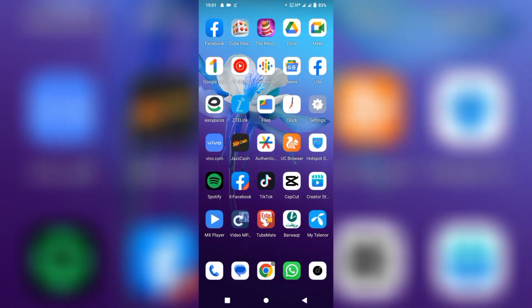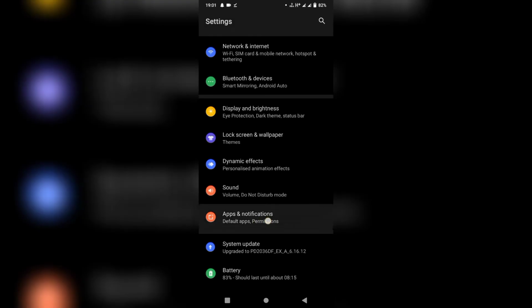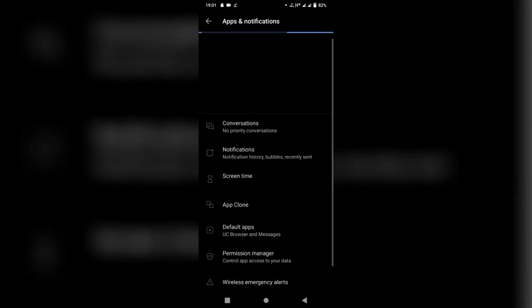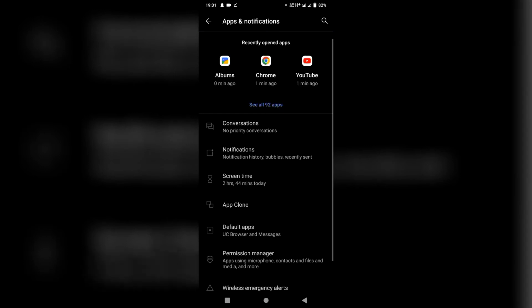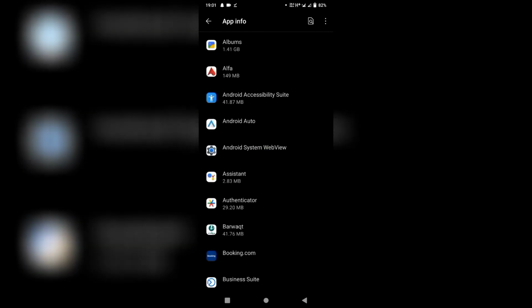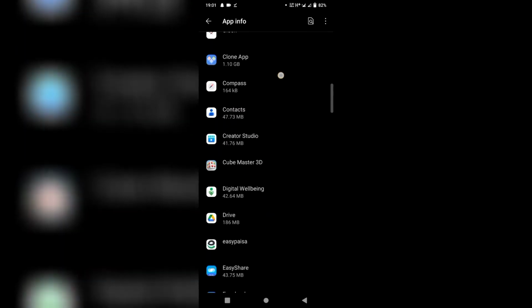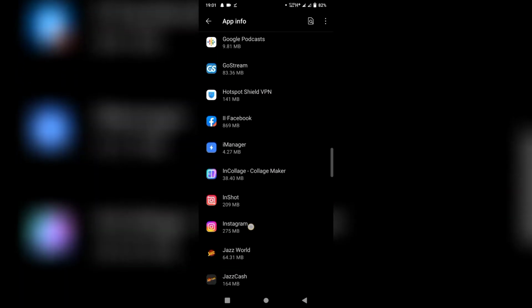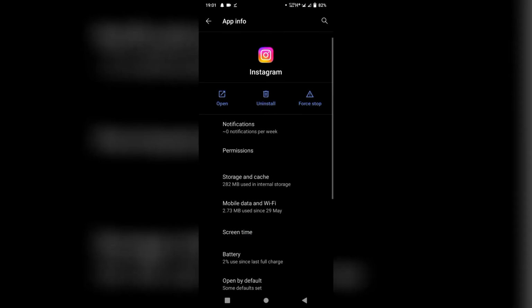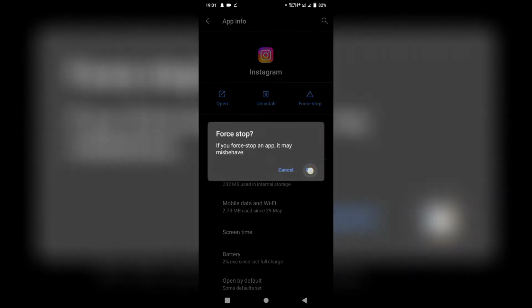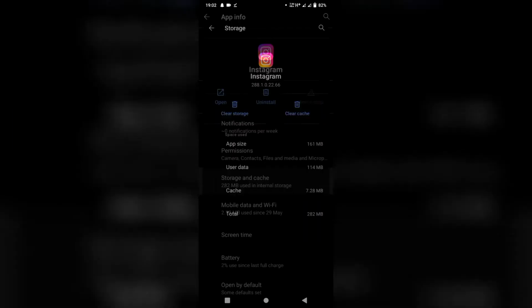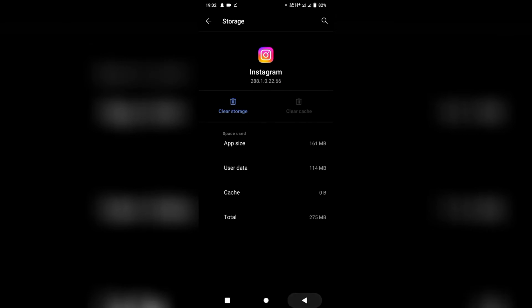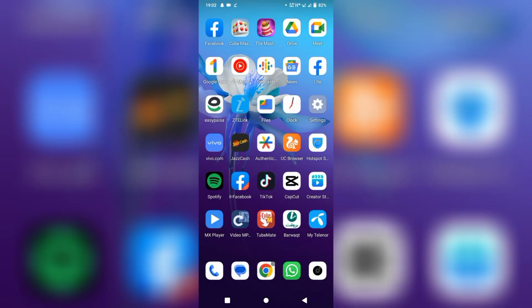So first of all, open your settings and click on apps and notifications and click on see all apps. Scroll down and click on Instagram. After this click on force stop, okay, and click on storage and cache and clear cache. So after this go back and open your settings again